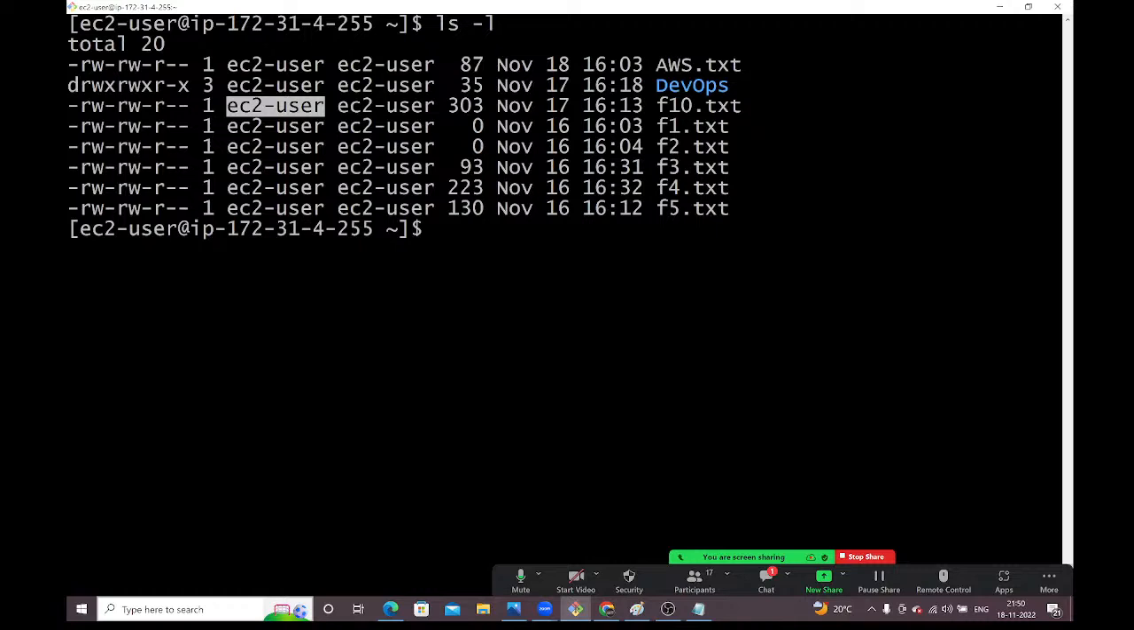What type of permissions does the user have on the f10.txt file? User has read and write permissions only. User does not have execute permission. Group has read and write permission only. Group does not have execute permission. Others, guys, outside people, apart from this EC2-user and this group,